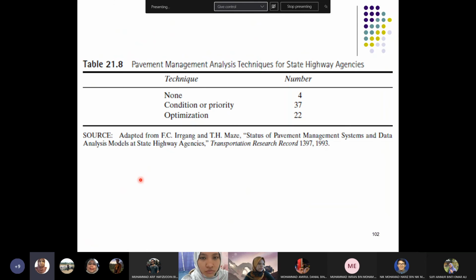Okay, these are just for you to refer from the state highway agencies pavement management analysis technique. Dia ada bagi number di situ, right? Kalau you tengok non-technique, the number frequency used as 4. Condition 37, optimization 22. Yang ni kita tak guna lah. This is for